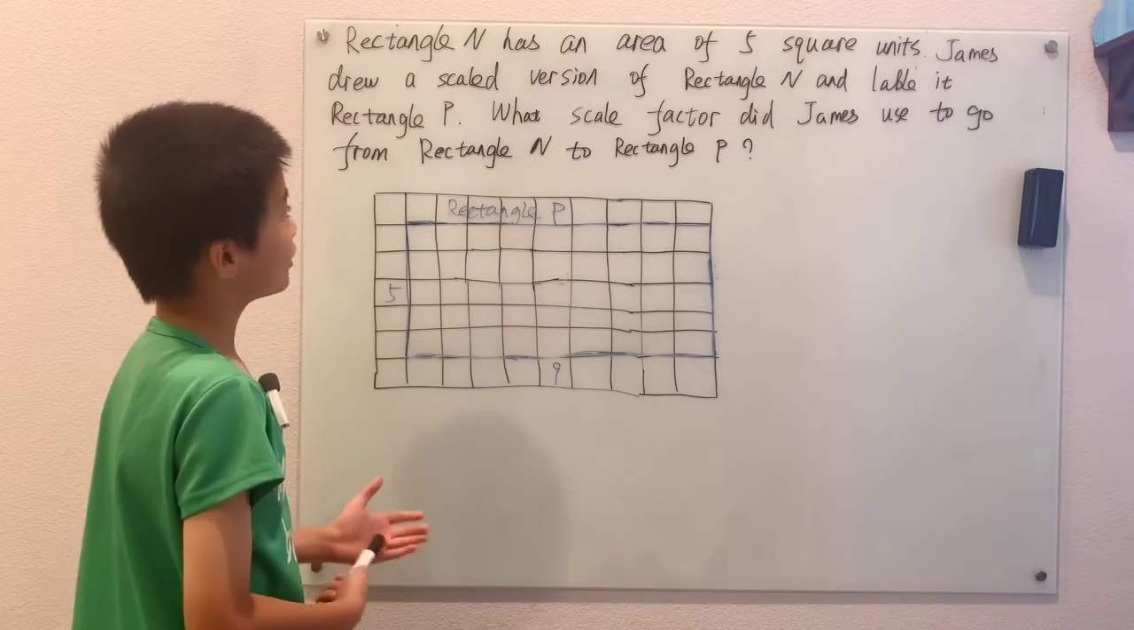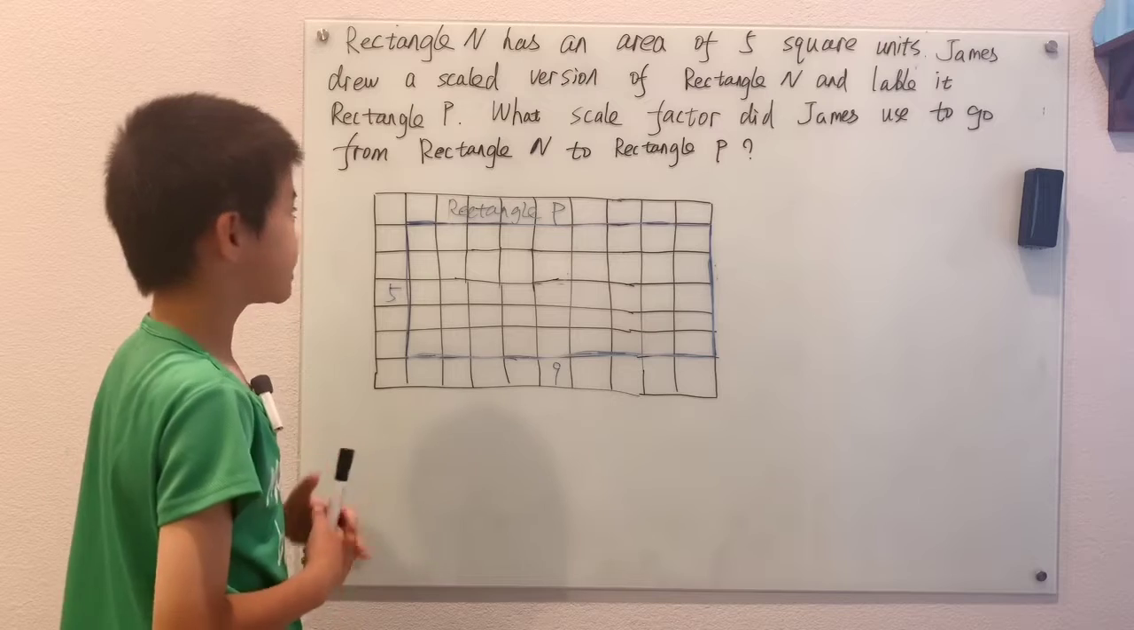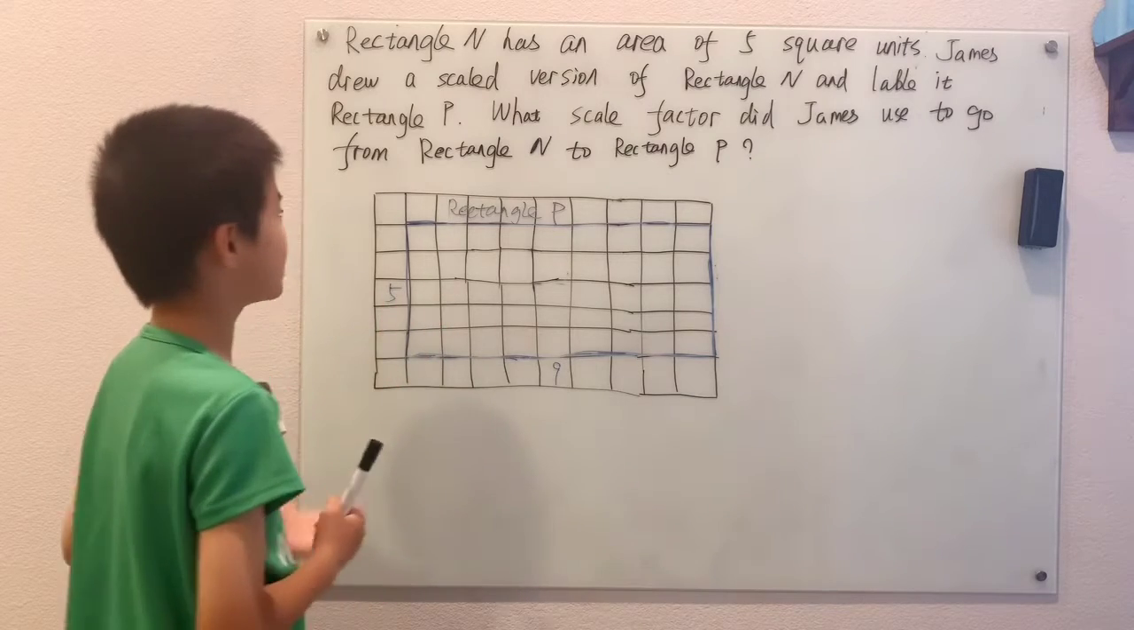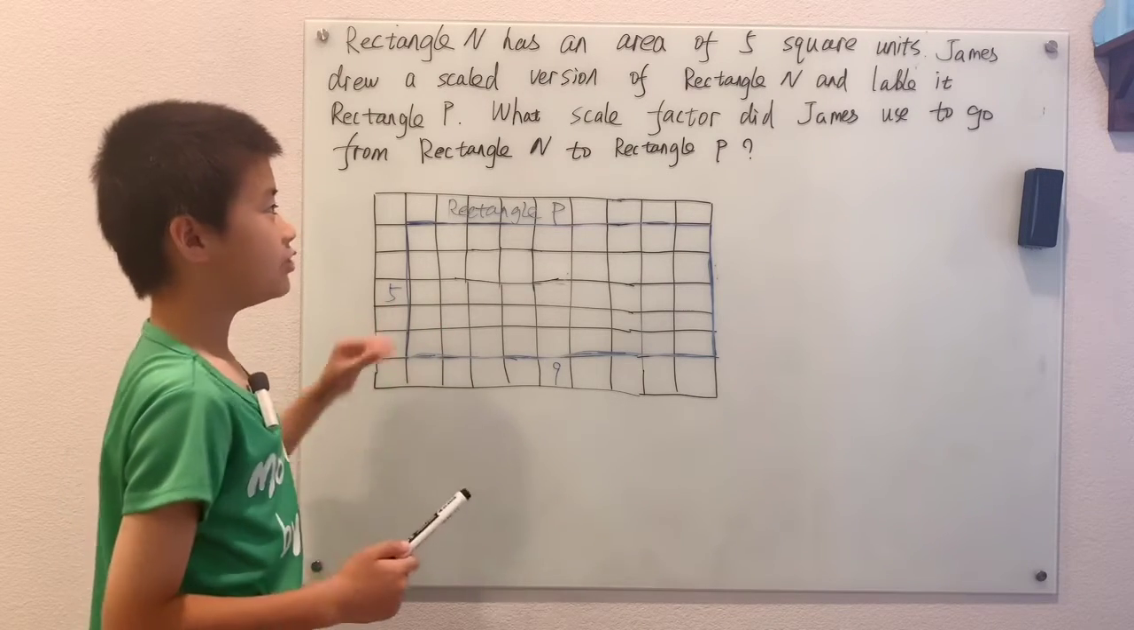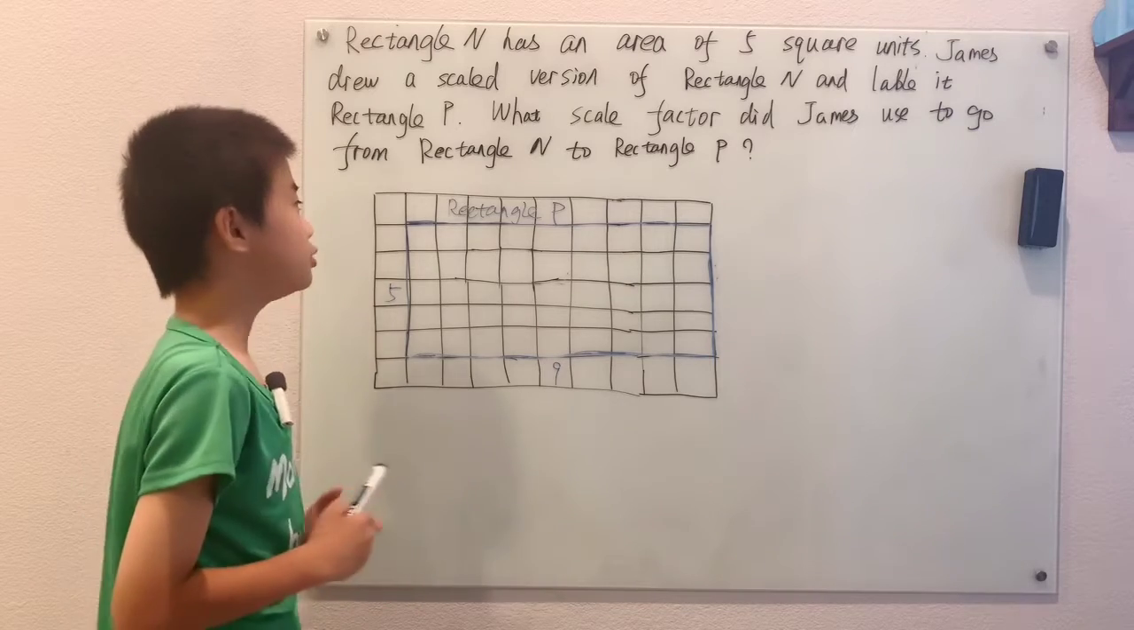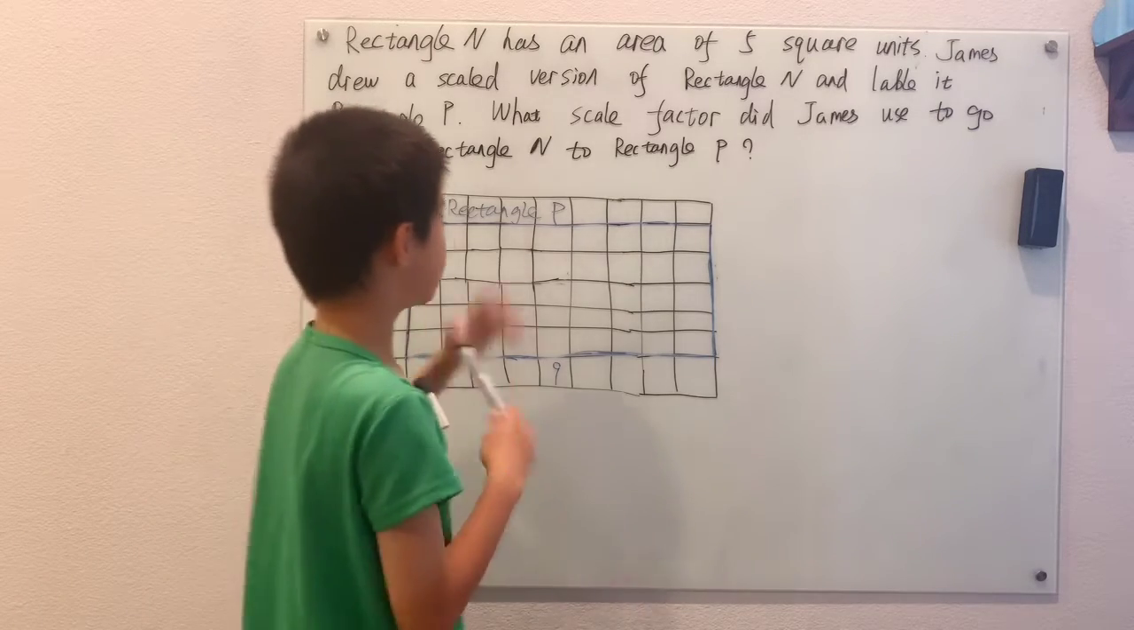Rectangle N has an area of 5 square units. James drew a scaled version of rectangle N and labeled it rectangle P. What scale factor did James use to go from rectangle N to rectangle P? And first, you need to know what a scale